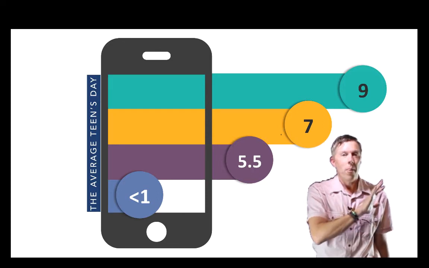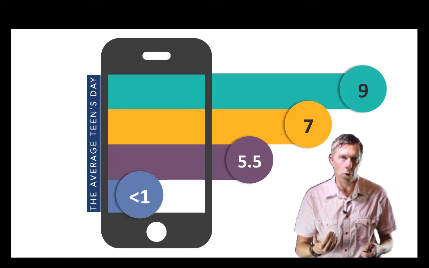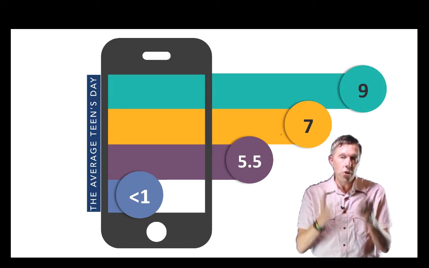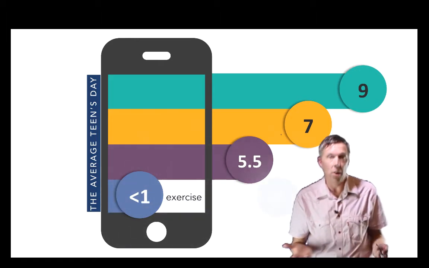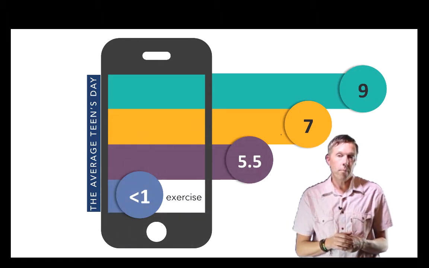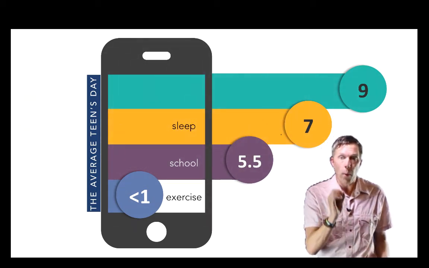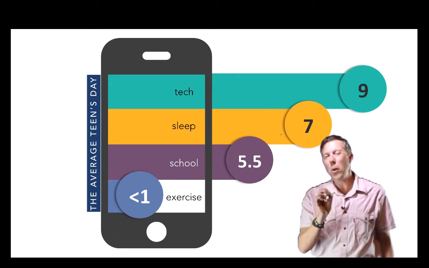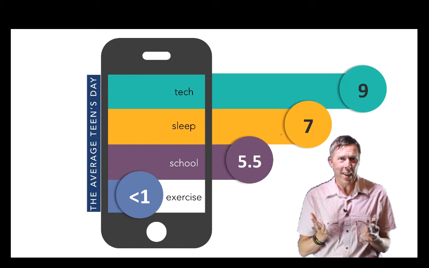There's no doubt that technology is everywhere. It's changing our world. In fact, recent research had a look at what the digital or the daily diet is of a student, of our teens. And they found that, well, they're spending less than an hour on exercise, maybe not surprising. They're spending about 6 hours at school. They're spending 7 hours sleeping. But most surprisingly, the average teen in his day is spending 9 hours on technology. That's more time on technology than on sleeping.